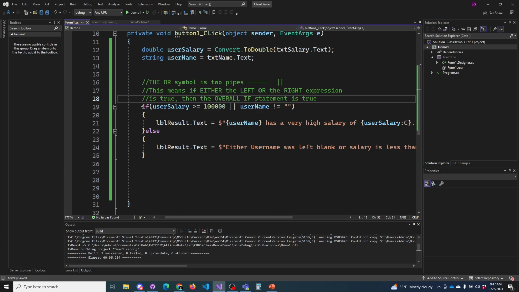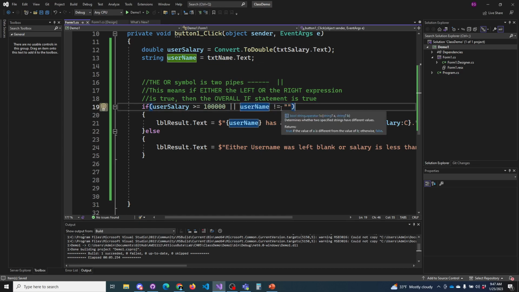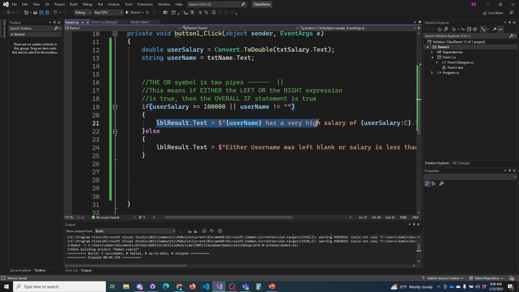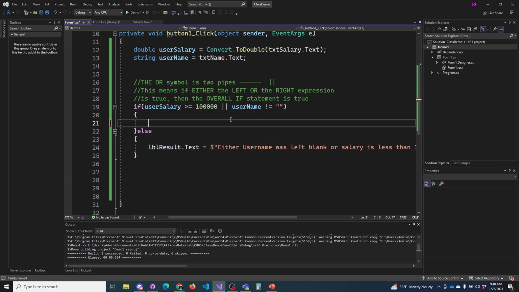So this reads like this: if the user's salary is greater than 6 figures or the username is blank, then we can say the username has a high varied salary. Now, we would probably change this up because this doesn't make sense anymore. You can't just take the and change it for an or and it still make sense. So if the user salary is greater than 6 figures, or